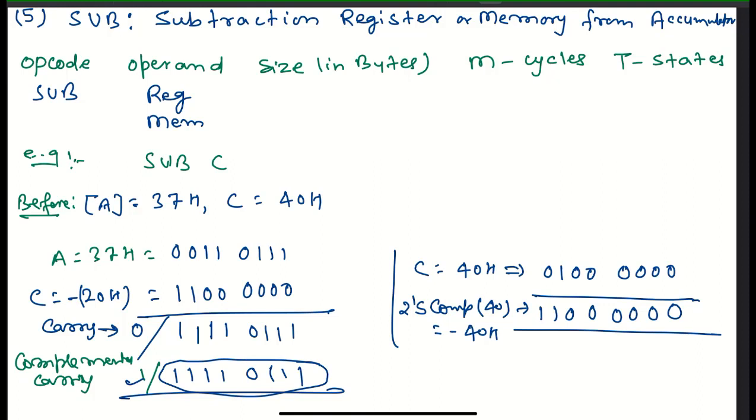Now we will write the remaining flags. The sign bit, the D7 bit, is 1, so the sign flag will be 1, and this result is non-zero, so the zero flag will be 0. After that you will see that no auxiliary carry is generated from this stage, so the auxiliary carry will be 0. And if we count the parity bit, the result has 7 ones, so it is odd parity, so the parity flag will be 0, and the carry flag should be 1,